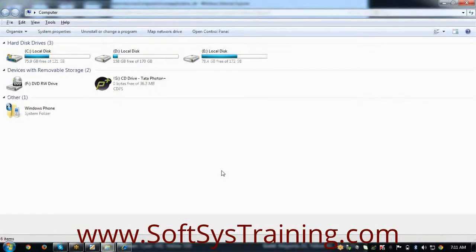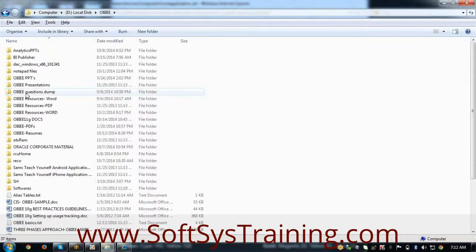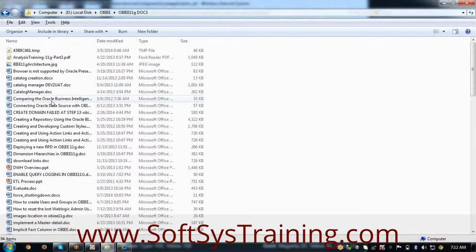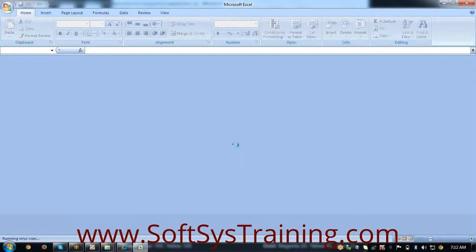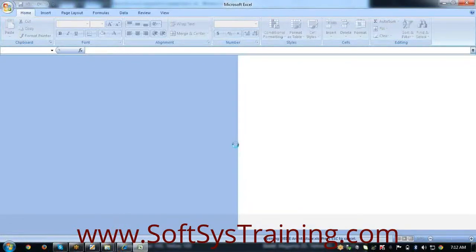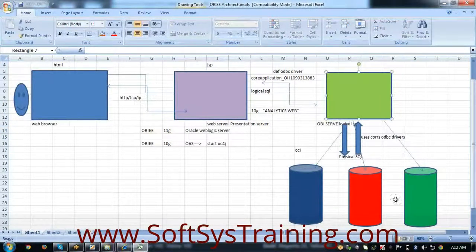a quick explanation of the functional architecture. Actually, this architecture is default to any environment because any web-based application needs to be hosted and needs a web server. Here is the browser, here is the web server, here is the Oracle BI server connected to different data